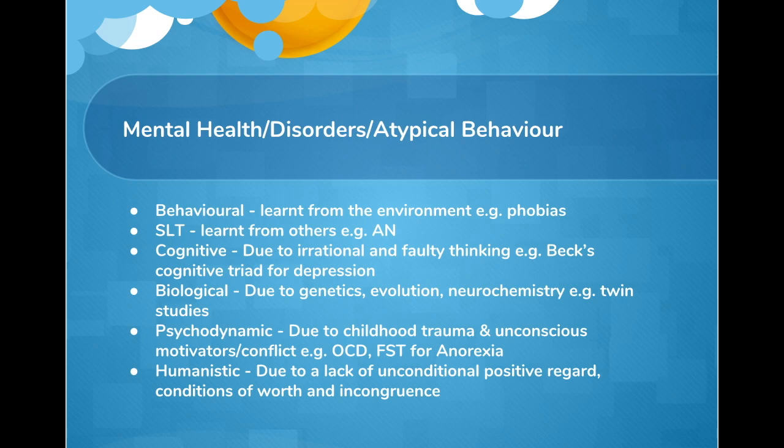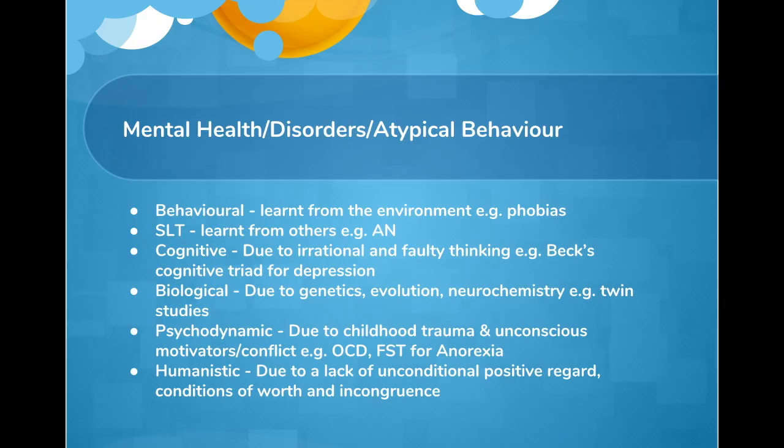suggestion. The psychodynamic approach generally suggests that mental health problems come from childhood and childhood trauma, repression, conflict, and storing those things in the unconscious. And again, multiple examples of that. So OCD has been suggested to have come about through parents treating children harshly during the toilet training stage. It gets them stuck in the anal stage of psychosexual development. It leads to perfectionism. Family systems theory of anorexia. Again, that is a psychodynamic explanation saying that what has happened in the childhood and the family has led to